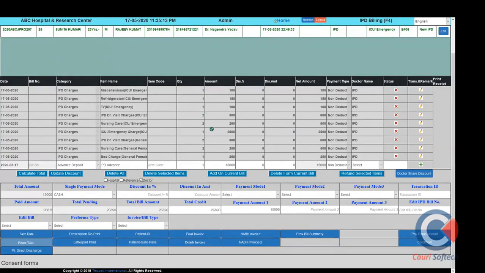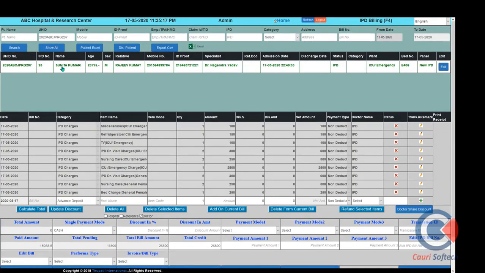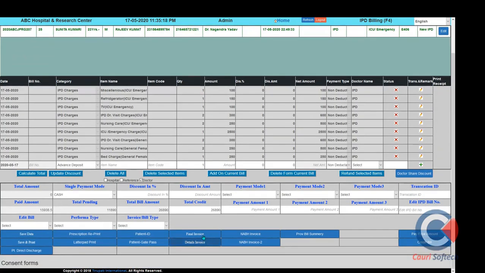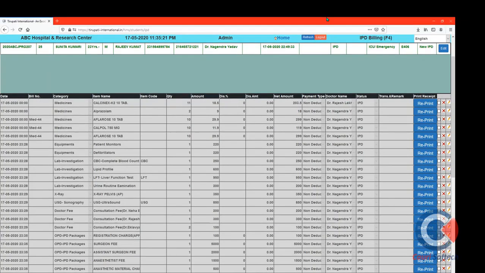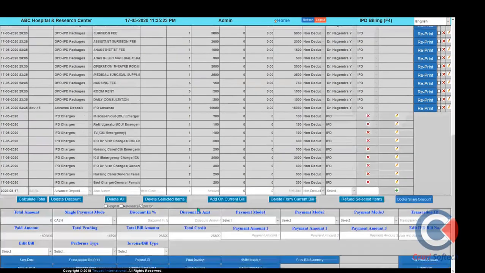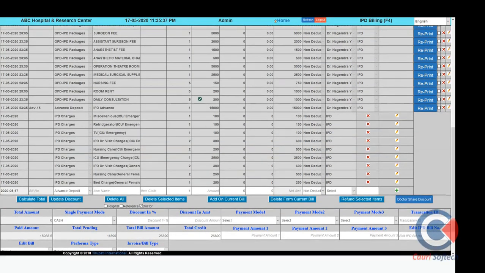So this is the IPD patient advance payment receipt. Meanwhile, if the patient, before discharging, wants to access the final invoice and balance sheet, we can give a rough invoice also. On this basis, the patient can request a discount and various kinds of requests. So we can give a discount, we can apply additional tax services and different types of access detail. So this is the final pre-discharge bill we can get from the software.